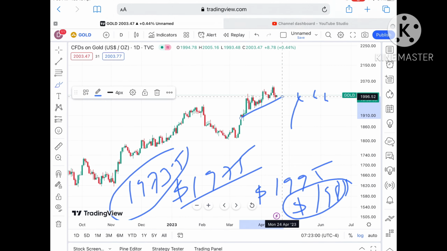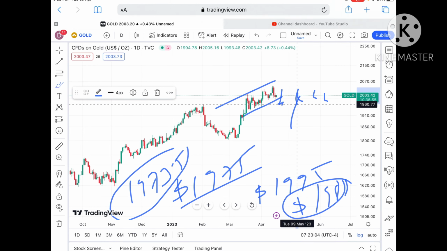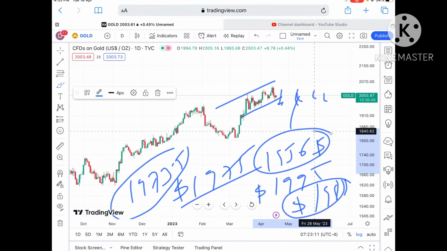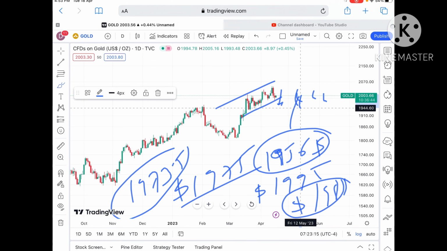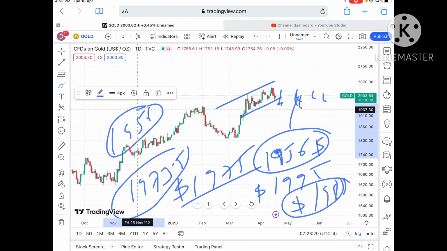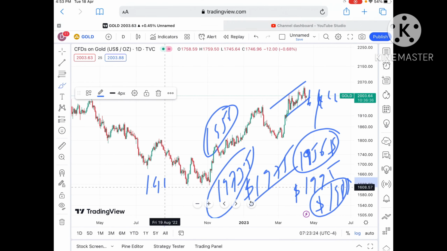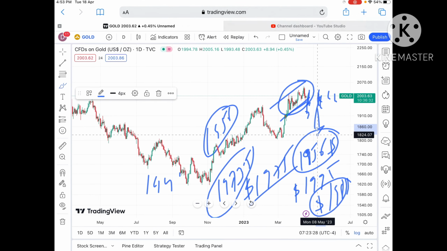Once it starts moving below this level, then we can see a trend breakout will be there, and a probability of going towards 1960 is there, and from there a level of 1956. Keep that in mind. Once the price falls below this level, it can go further low, and a probability of going towards 1947 is there after crossing a level of 1956, and then further low if the price doesn't sustain. And once the price falls below 1947, then you can see a trend breakout will happen, and a probability of going further down will be there.